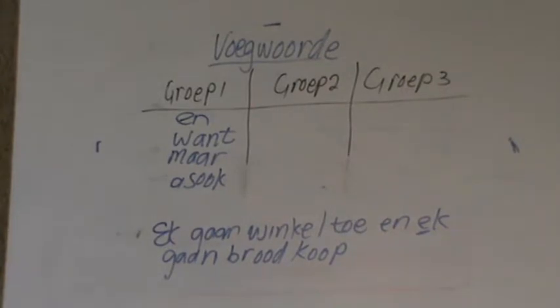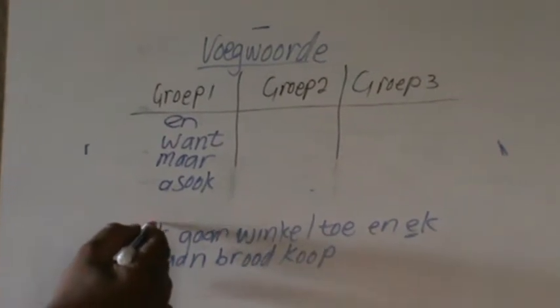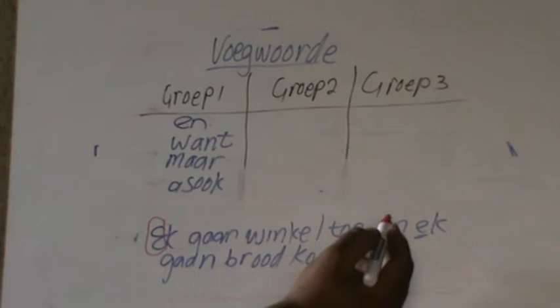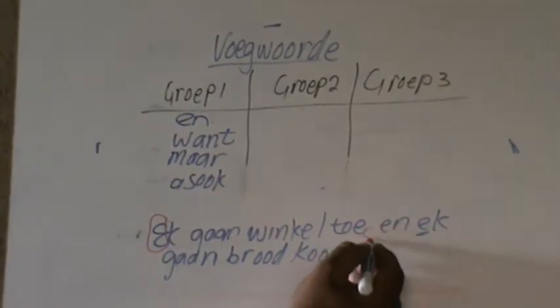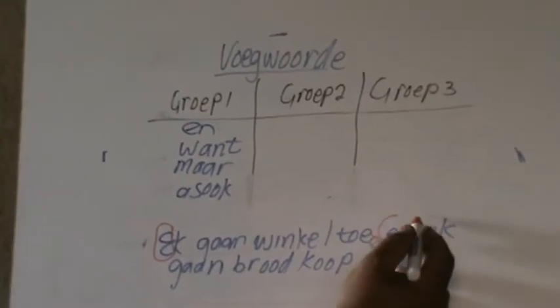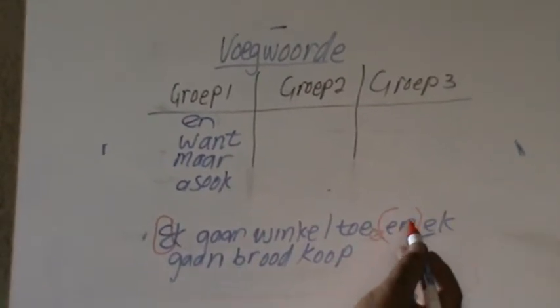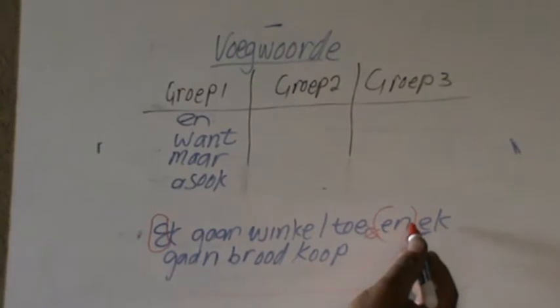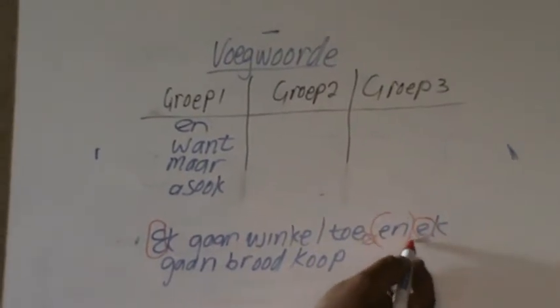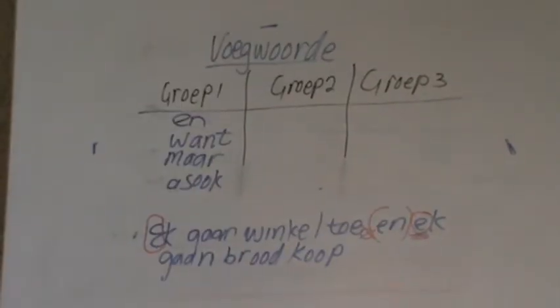So I've joined my two sentences and I've made my changes. What changes did I make? I started my sentence with a capital letter. Then I removed the full stop, so it's totally out. I added my conjunction, the one they were testing me with in brackets. And then in the second sentence, I made the ek lowercase,